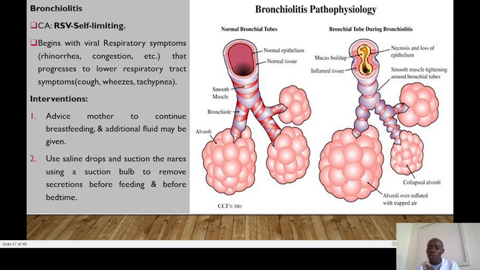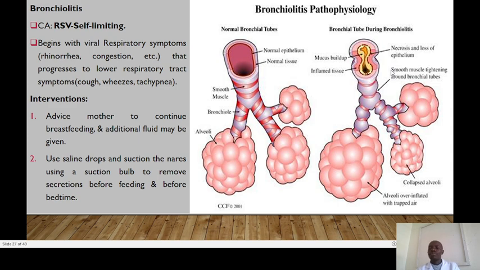So for now we are going to look at bronchiolitis. Bronchiolitis. Alright, okay. Fine, so we can appreciate the normal bronchial tubes here, and then the bronchial tube with bronchiolitis, where we have necrosis and loss of epithelium, mucus buildup, inflamed tissues, okay, with smooth muscles tightening around the tubes,